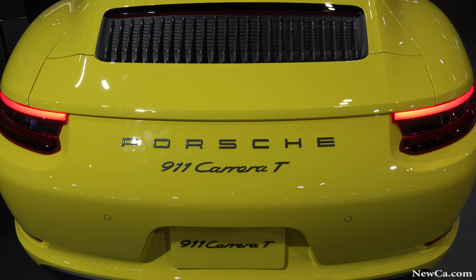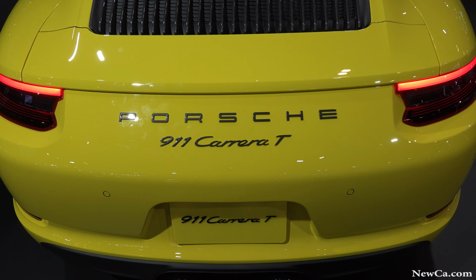Ladies and gentlemen, the new 911 Carrera T. Porsche is reviving the puristic concept behind the 911 T of 1968. Less weight, shorter ratio from the manual gearbox, and rear drive with mechanical differential lock for enhanced performance and intense driving pleasure. The 911 Carrera T, at Porsche the T stands for Touring, also boasts several other equipment features that